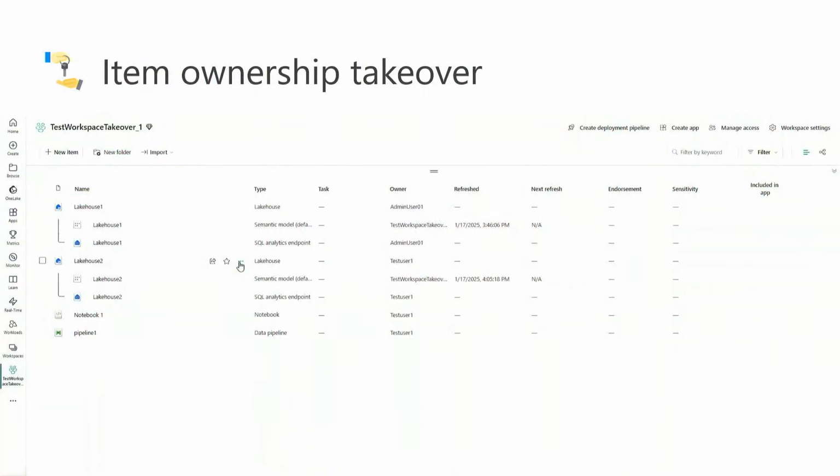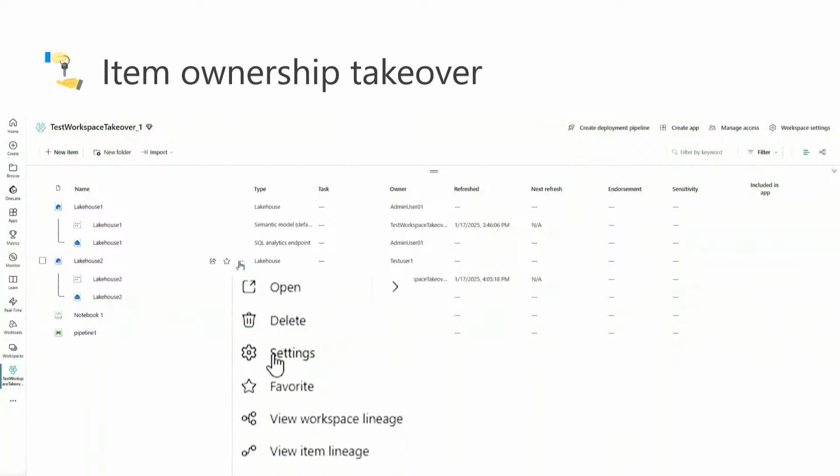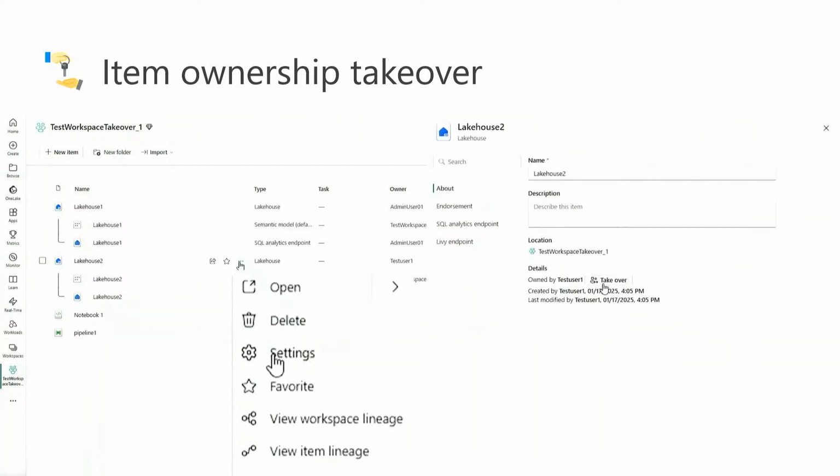Here is the solution. Because with item ownership takeover, now we can actually do at least one part of the problem. We can now actually hand over the ownership of those items. So if you check the screen here, it's as simple as we'd hoped it to be. You click on the item, the normal box opens up with the settings tab, and you can click settings, and inside the settings of the artifact, you'll now see a new button in the bottom right corner that says take over. So as you can see here, down here it says take over. If you now click this button,